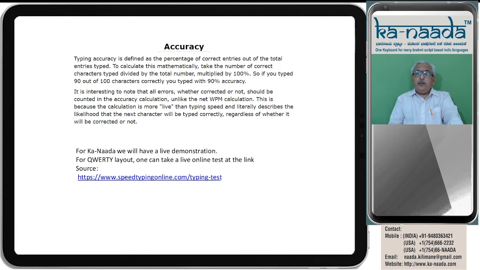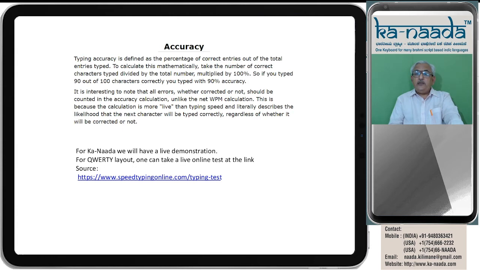The accuracy of typing is another important factor that is to be considered in measuring the words per minute typing rate.